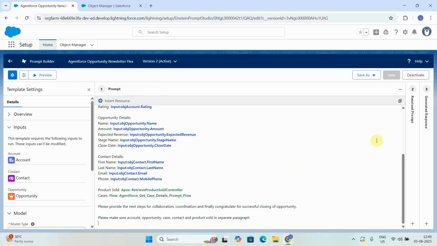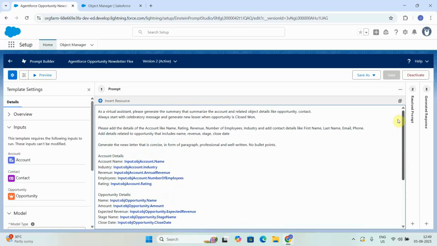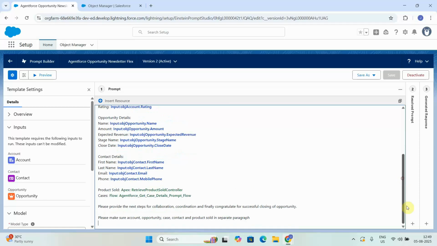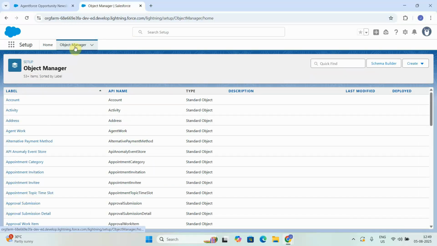This is the flex prompt template we already created in the previous video. We have seen that we are fetching account detail, opportunity details, and contact detail using merge fields. We also have the related products sold, for which we wrote an Apex class to fetch all the products sold. Then we have cases, so we wrote a template trigger flow to retrieve all the related cases. This is already activated. So the first thing I will do is go to the Object Manager